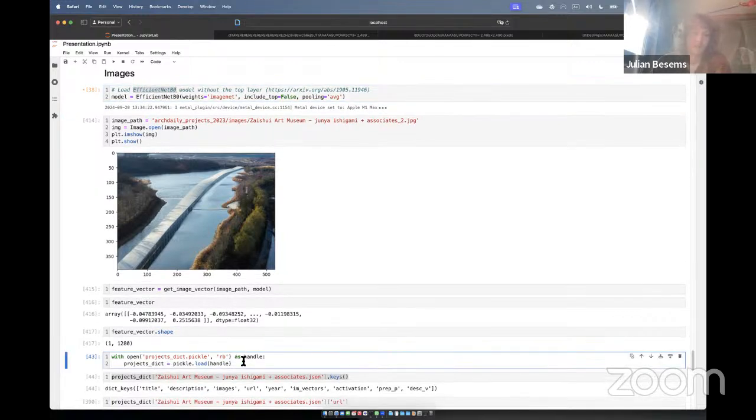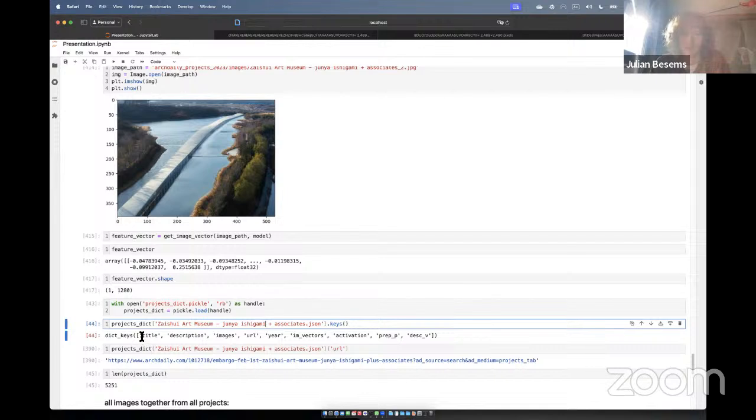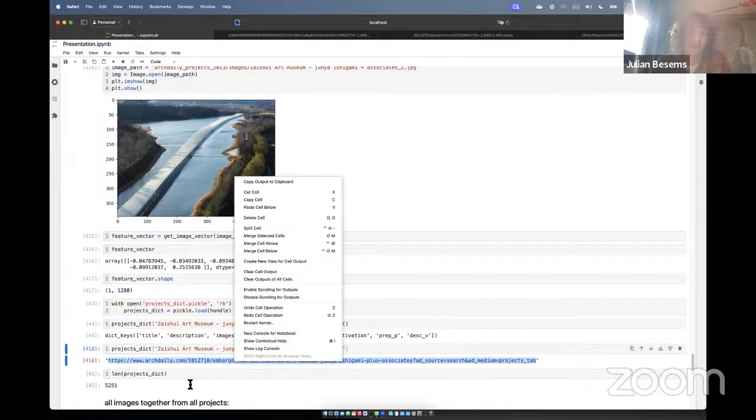I then did this for all of the projects. So I've got a project dictionary of all of the projects where each project has a set of attributes. Let's have a look at just the URL of this particular project, which we'll be using as an example.